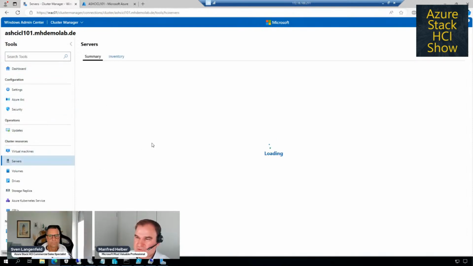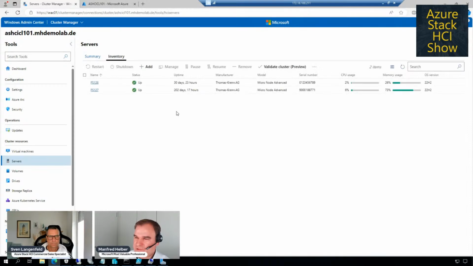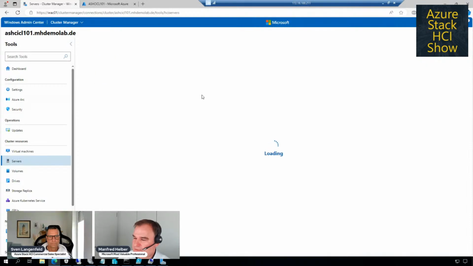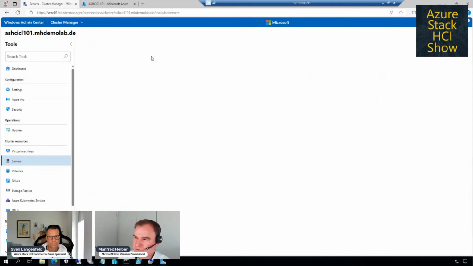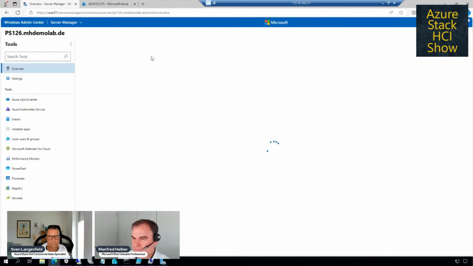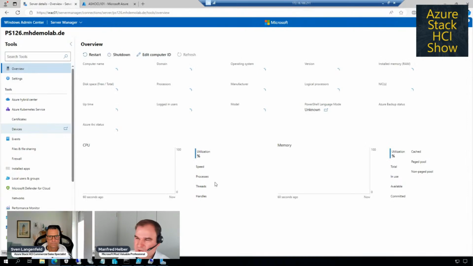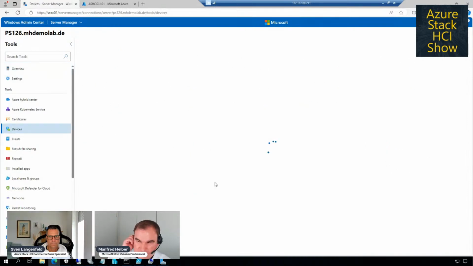So let's switch to the servers. Let's go to the inventory, and here we can manage the servers of this Azure Stack HCI cluster. Let's take this one here and select the manage option. So we will jump directly to the server management page of this machine, and we have the installed apps here.